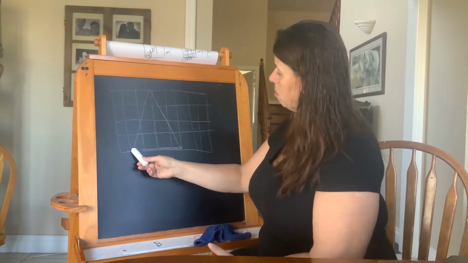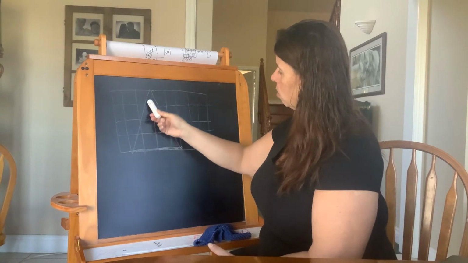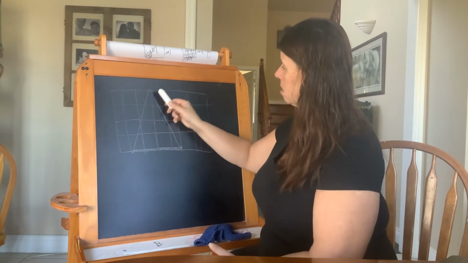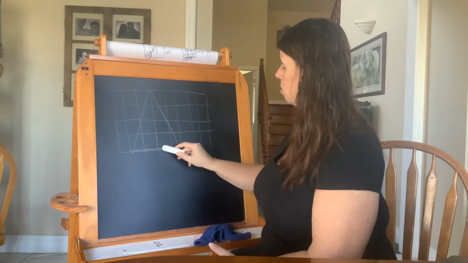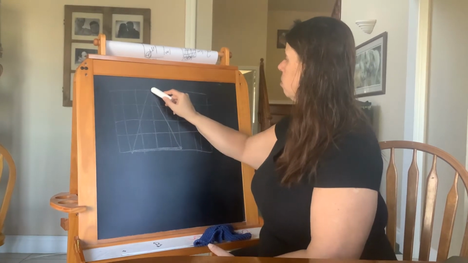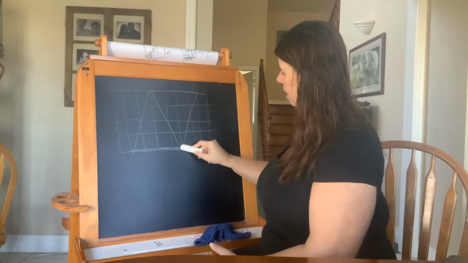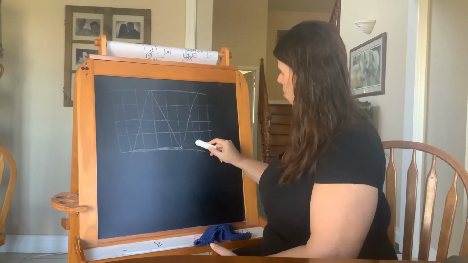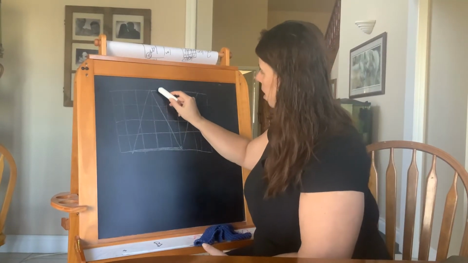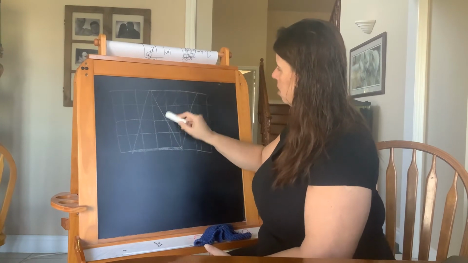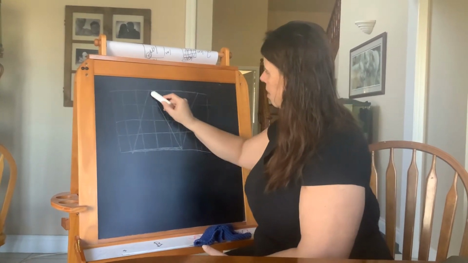So from this corner to this corner, it goes over 2 lines. So it's 1, 2, 3, 4. So I'm going to go 1, 2, 3, 4. And then back down, and then this corner goes over 2 lines. So I know I've got my perfect parallelogram here. So there's this half and this half,